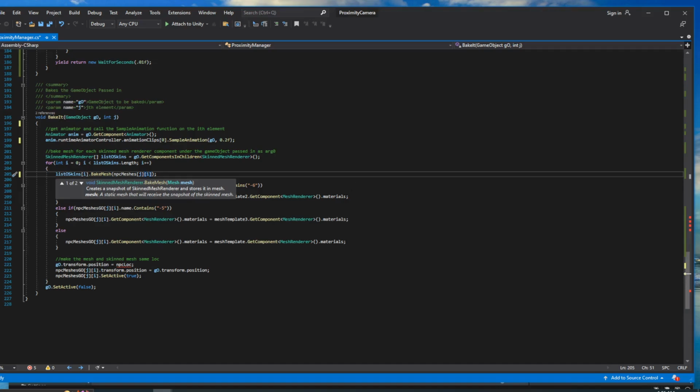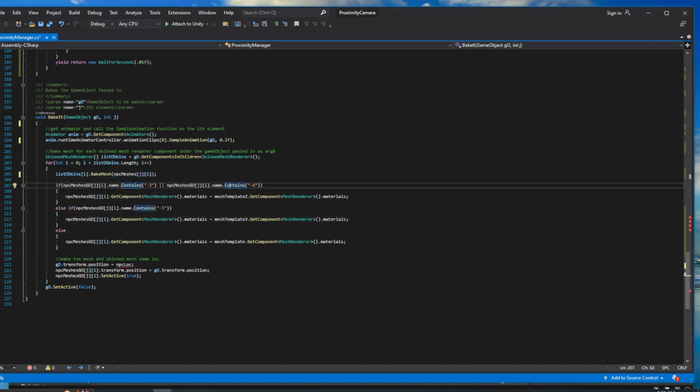The next thing we're going to do is we're going to go down to the if statement, and I believe we're setting up the materials all the same way, so this all remains the same. Remember, there were 3 materials from last week, and if yours has 1 material, you wouldn't need to maintain 3 different mesh templates. You would just need to maintain 1. So there wouldn't be an if block of 3. You would just be assigning the materials straight up in 1 line. All right. So after we do the materials,